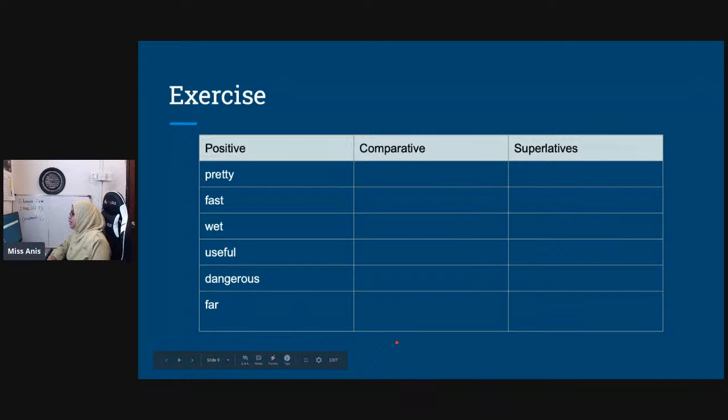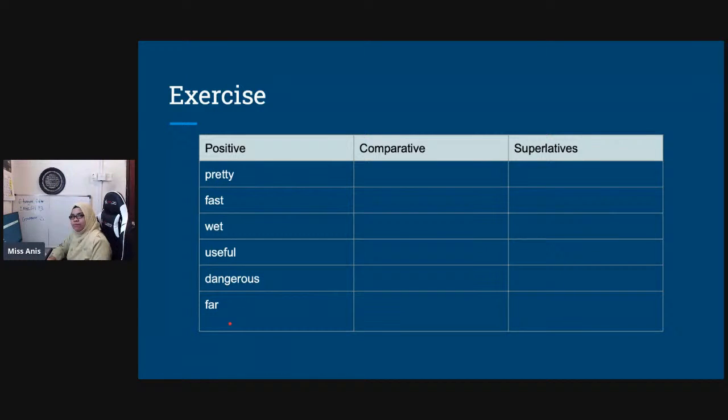Okay, so here kalau you tak faham any of the words, this is where you need to use your dictionary. Okay, alright, so we have pretty, fast, wet, useful, dangerous and far. Oh, lupa nak cakap. Now, far ni,